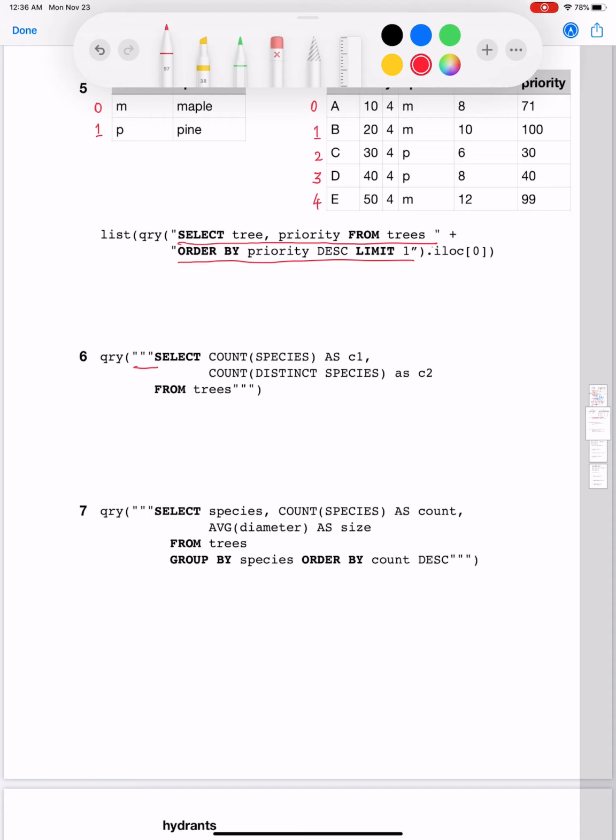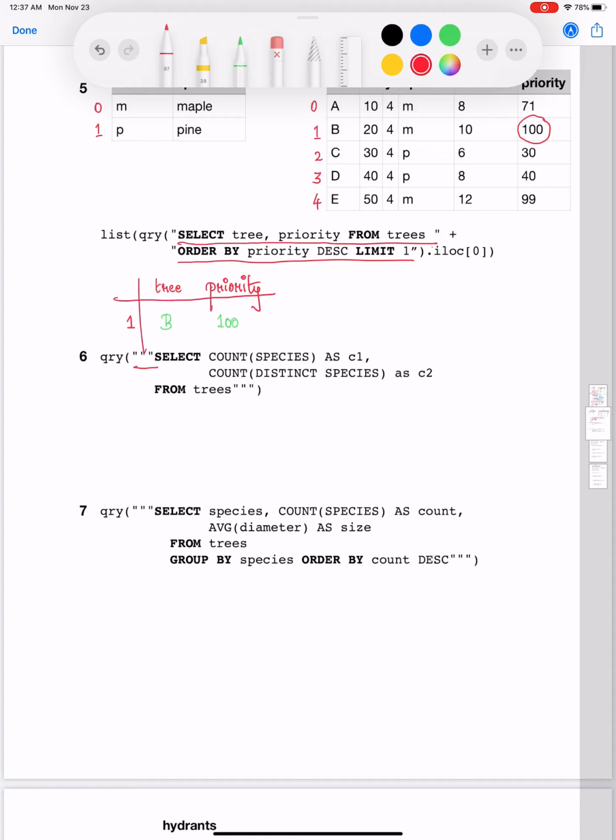So let's go through this query. We are ordering by priority descending and we are limiting ourselves to just one row entry. Clearly we are interested in the tree which has topmost priority. Instead of selecting all the column values, we are going to select only tree and priority columns. So your query's result is going to be a data frame which contains two columns, tree and priority, and you're going to have exactly one row which has a row index of 1 and the corresponding column values are D and 100, correct?